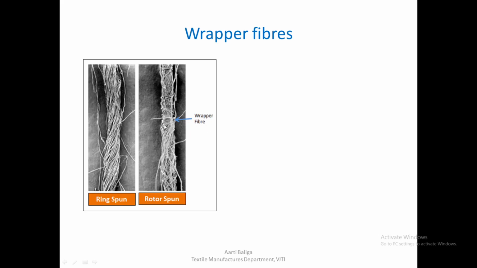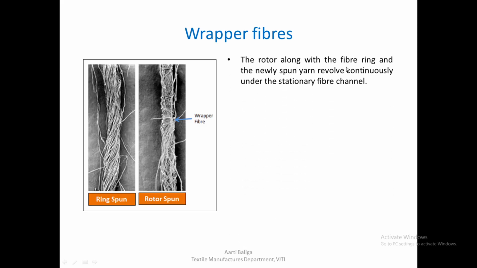Wrapper fibers, you can see in the structure, they are fibers which have come out and are binding the yarn in this manner, which is not seen in a normal ring spun yarn. The rotor, along with the fiber ring and a newly spun yarn, revolve continuously under the stationary fiber channel. Now, in the process, we know that as the fiber channel is directing the fibers into the rotor, the fiber ring as well as the newly spun yarn, all of them along with the rotor, they rotate below this stationary